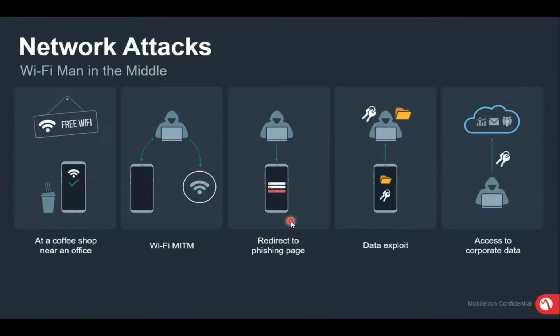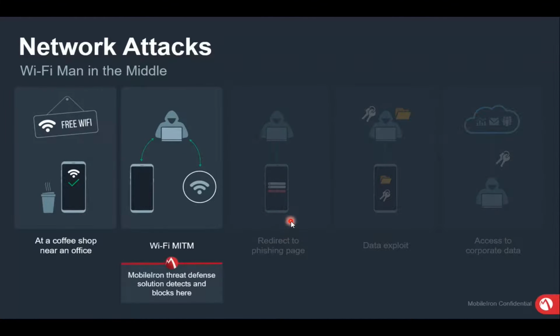And once the data is exploited, the attacker will gain access to the corporate data. With this MTD, it will stop this if it detects the Wi-Fi to be malicious or not genuine. If it is trying to decrypt, or grab some data from any third-party applications, MTD will stop the device which is already enrolled from connecting